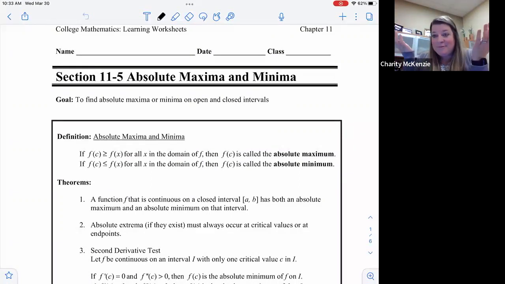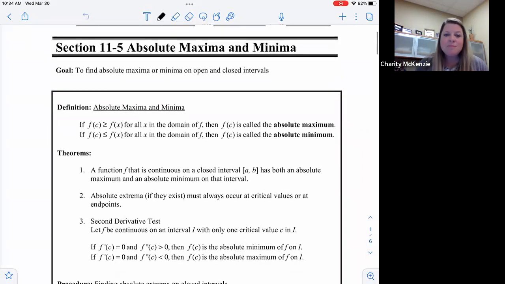But we have other graphs that go wiggle and turn and do all sorts of things. So we have to be able to find what is an absolute max. And then in the next section, we will use this idea in business and see why we've been learning it. Okay, so the first idea here is absolute max and min is